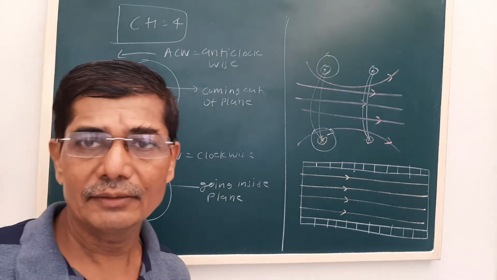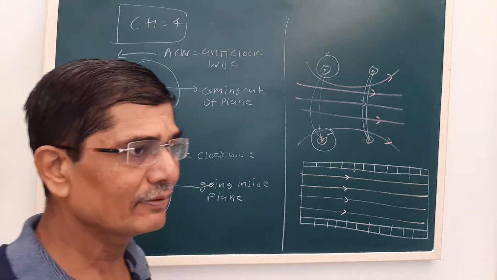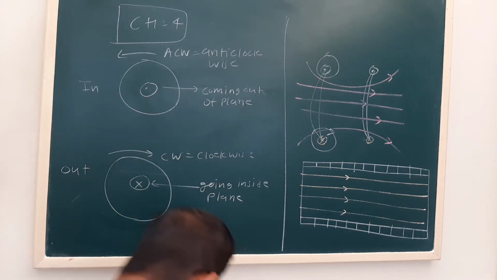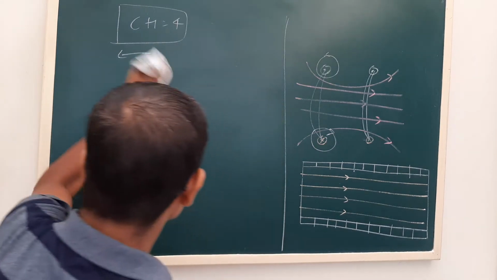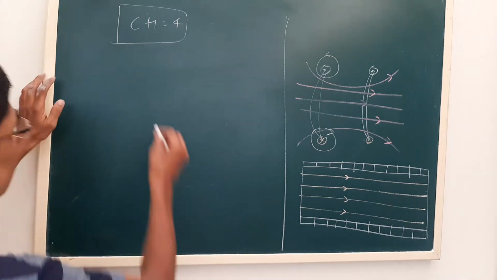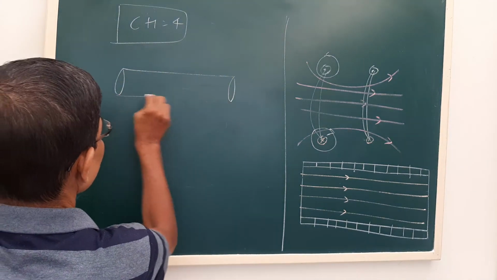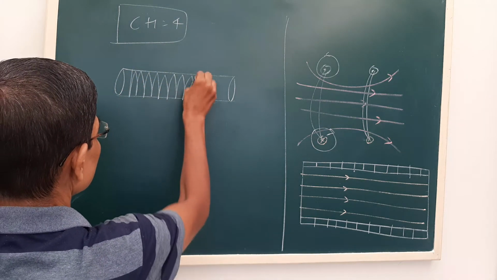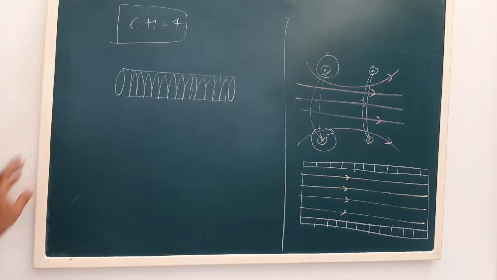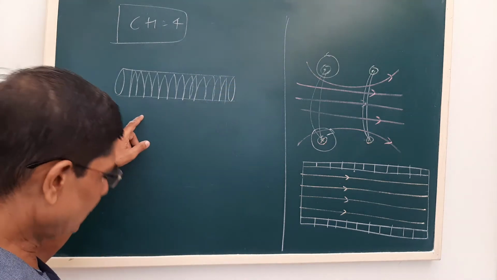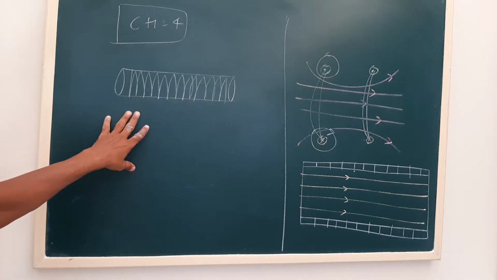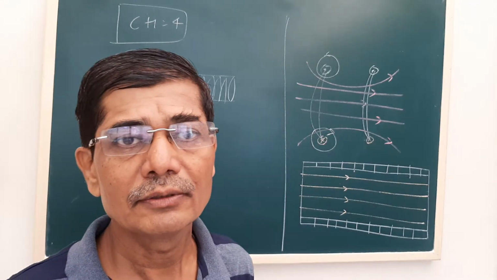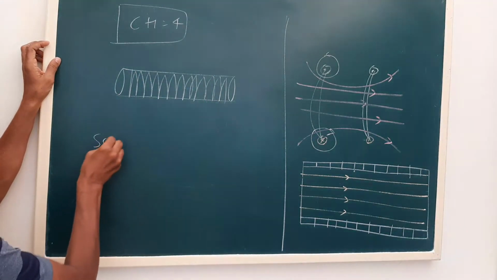Now, in the beginning of the lesson we talked about the magnetic field produced by a current carrying circular ring. Now see what happened. If a number of rings are wound on an insulating base, close to each other, so if a number of turns are wound on an insulating base, this forms a new device called a solenoid. So we can say a solenoid